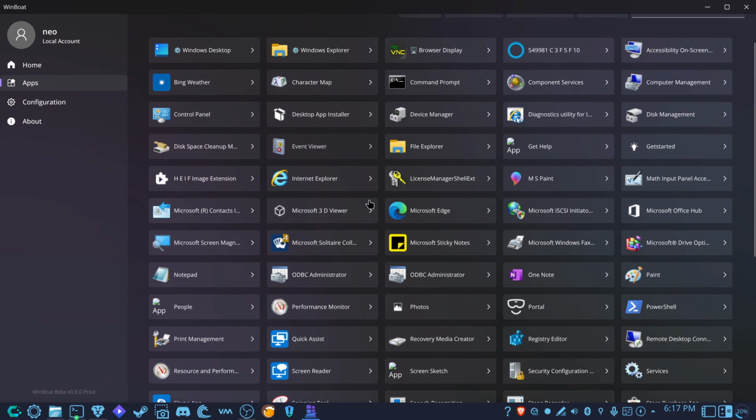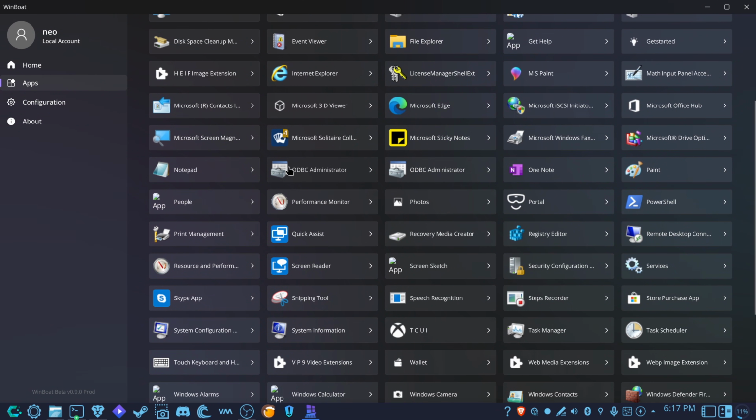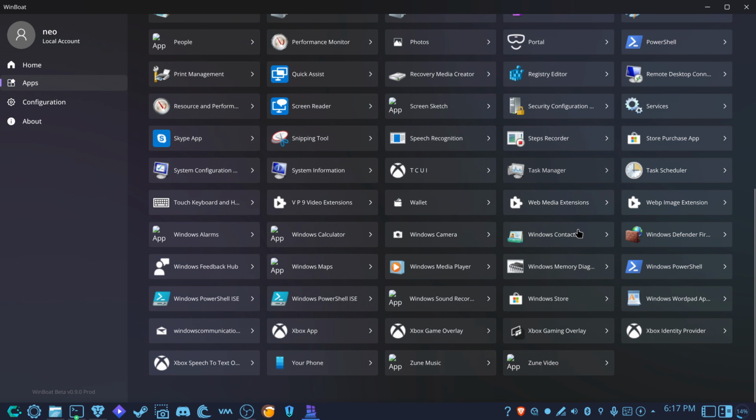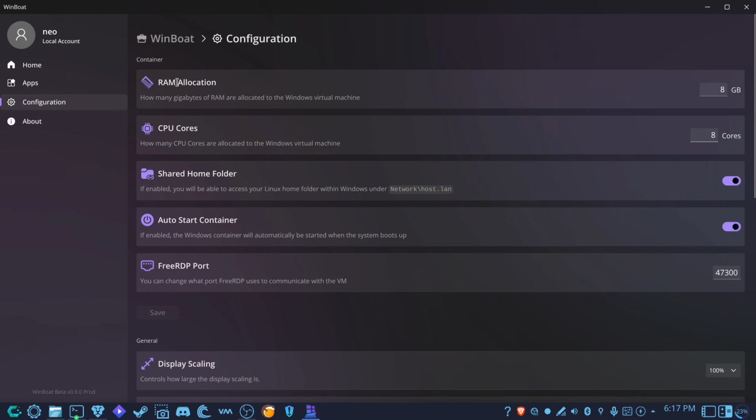Here you can see there are multiple default apps that come with the Windows machine. Those are available, and then configuration. Here you can also change the RAM allocation or CPU cores that you had provided earlier, and any other settings like sharing the home folder, you can enable or disable it. Auto start the container, if enabled, will automatically start when the system boots up, so I'll just keep it running for now. And it is running on the RDP port, which is